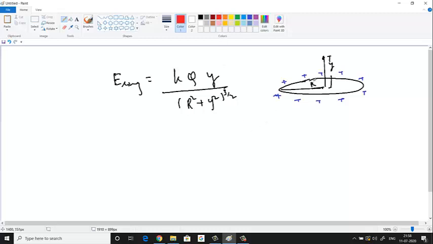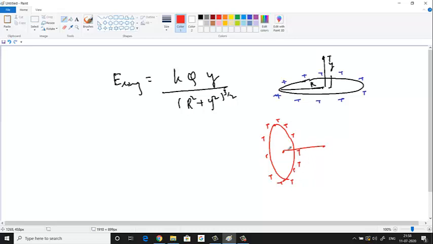See, if you take the ring like this, in some textbooks they'll give it like this. If they are saying that the positive charges are distributed like this, you have to imagine this in 3D basically. Sideways you have to imagine.